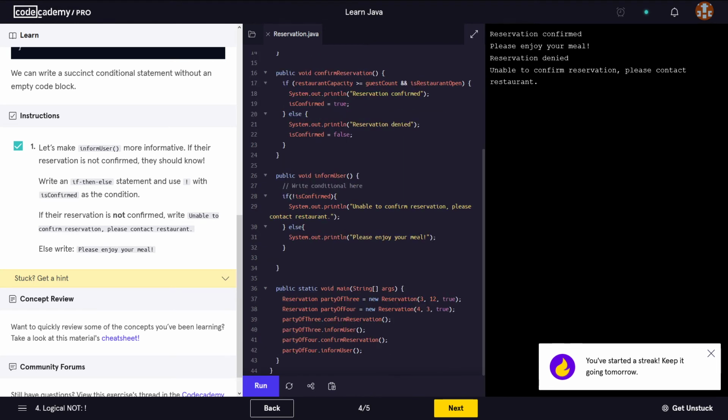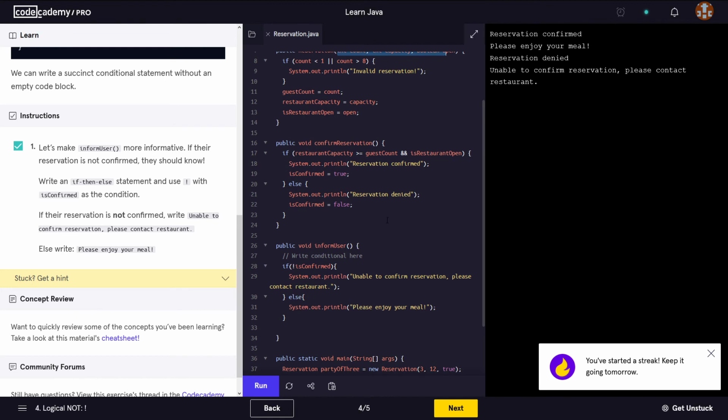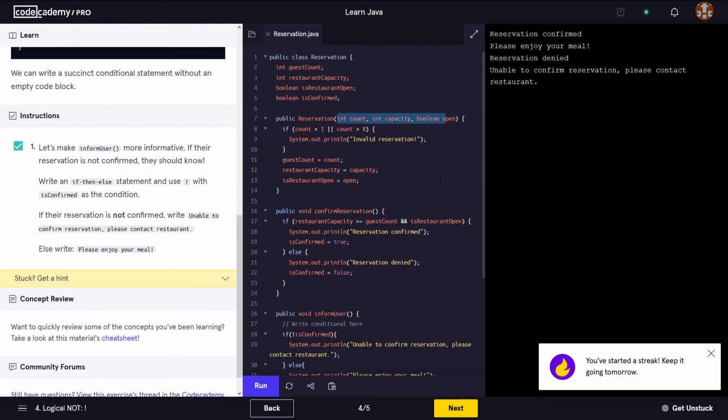Is confirmed is set to, so at the moment we don't have any value here, and even in the constructor, none of these parameters that we're passing here is confirmed. However, is confirmed at one point gets its value from the confirm reservation, okay,